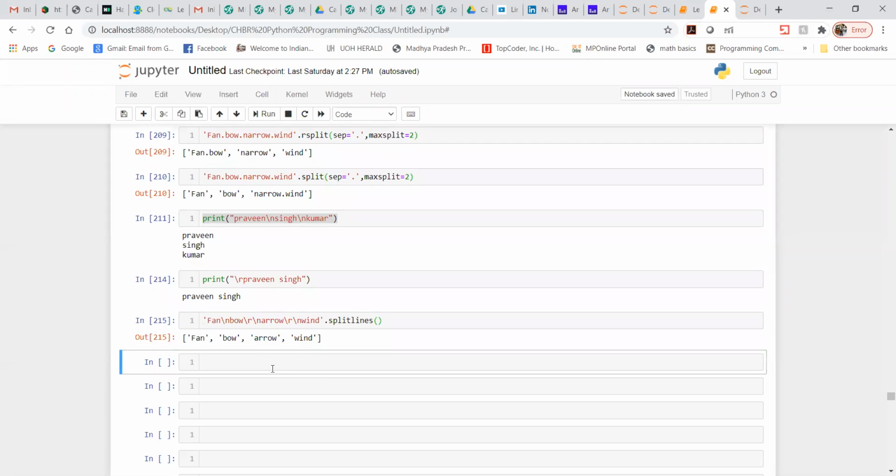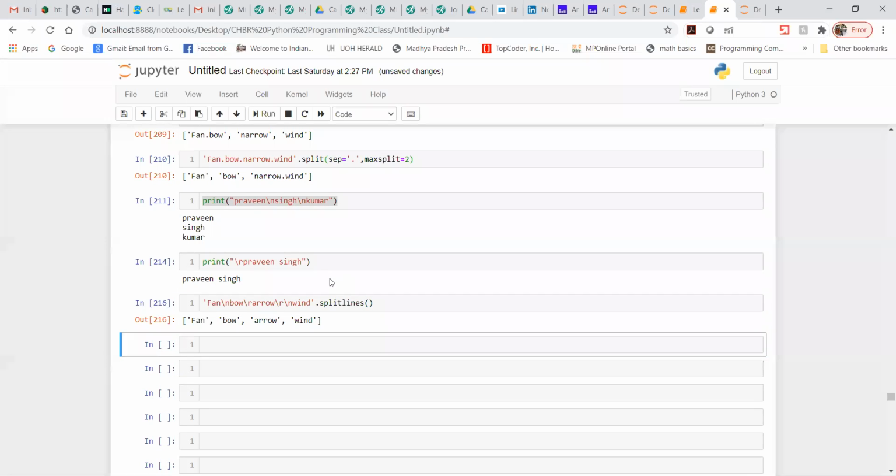We are getting fan, bow, row, bow, arrow, wind. Let me write just a backslash r instead of backslash n. We are getting the same output.